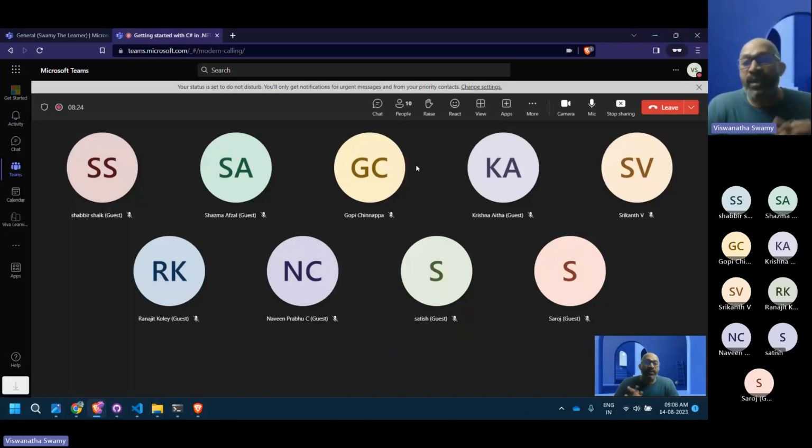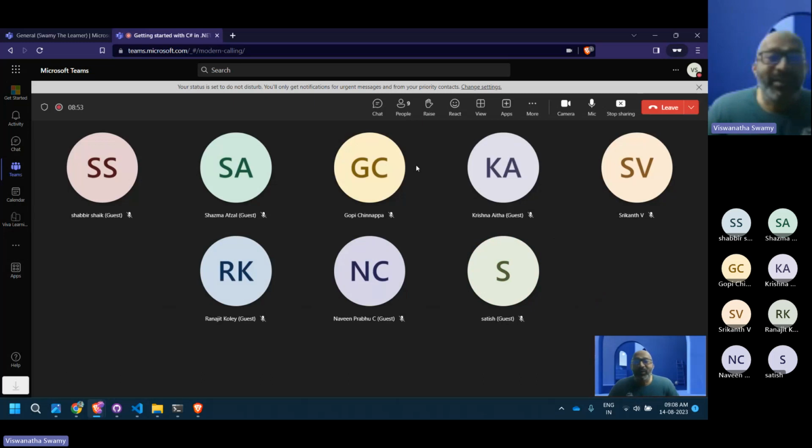Initially I'm starting with 2 sessions, since I see a lot of people joining. From September, I will bump this up to 3 sessions a month, 3 Mondays. August we do 2 Mondays, but September I'll start 3 Mondays, if I see the same number of people. Then October onwards I'll move this to 4 sessions every month. Exceptionally, I might fall sick someday, so excluding that, let's do that. Chalo, thank you so much.